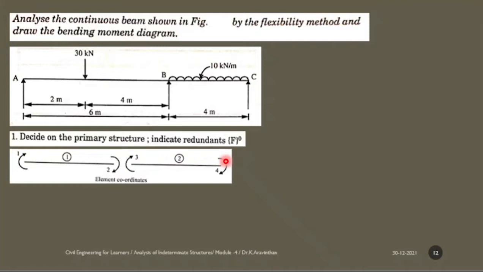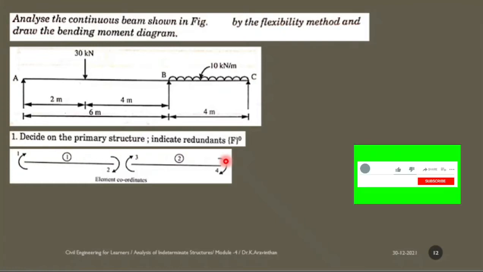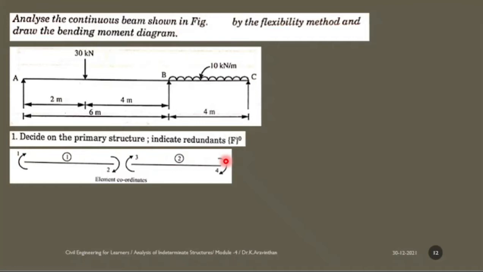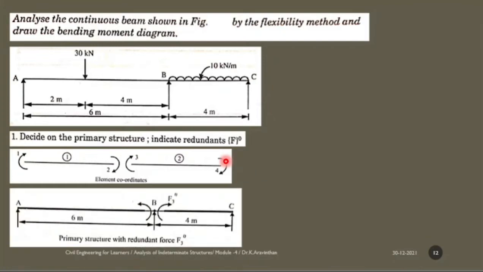So computer knows the language of 1, 0. Either it is there or not, yes or no. That is the only answer you can give in your language. If yes, this will be the thing. If no, this will be the thing. You will be having 1, no, 1, 0, 1, 0 like that. So the same way, matrix flexibility method also have the analysis of giving 0, 1 like that. So the same way you will be understanding this. First step, it will remove all the support and load and primary structure will be drawn. And next thing is indicating the F naught.